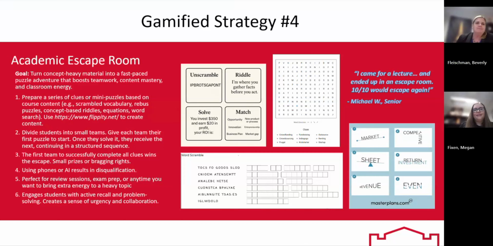So the example that I give up on the screen is I was talking about navigating legal NIP issues, which can be a very dry subject. I teach entrepreneurship, and this just turns it into a really fun lecture. And students surprisingly always say, wow, I had to really focus. I actually learned and listened and understood what you were talking about.